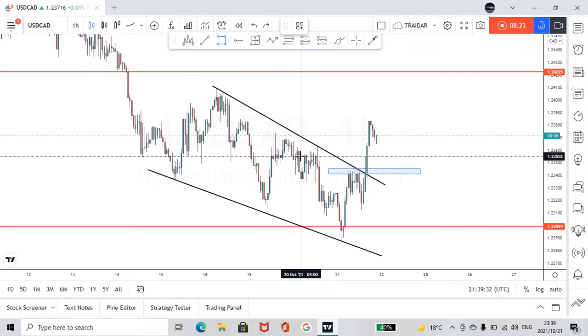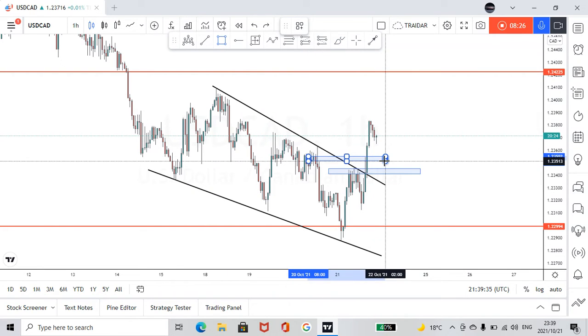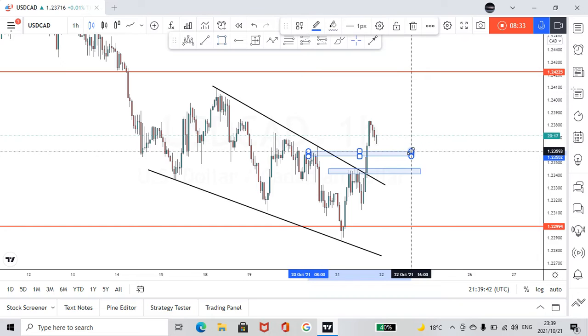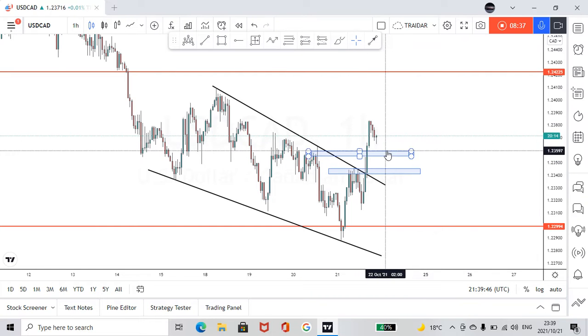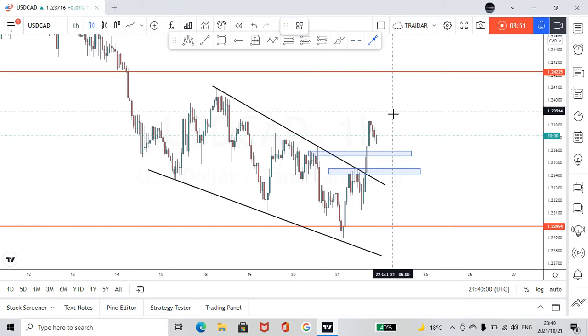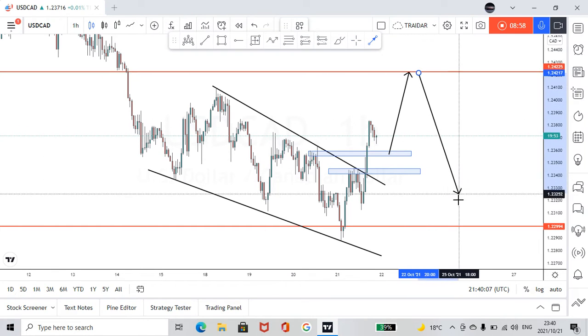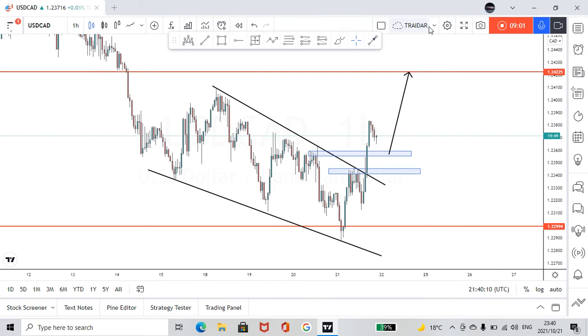So in this case, guys, we wait for the market to see if the market can give us that movement that we'd like to see. So I'd really like to see the market just going down a little bit more, testing this area before it can actually continue all the way to the upside and maybe come to this area for it to actually say, okay, I'm ready to fall. Just come here first, and then this is what I'd love to see. But that's not what we're focusing on right now. So right now we're focusing to see the market coming down to this area, or even come all the way here,